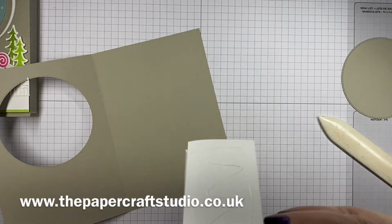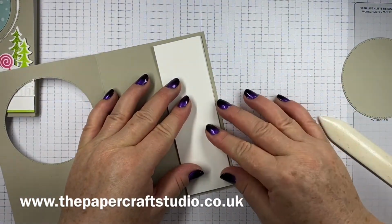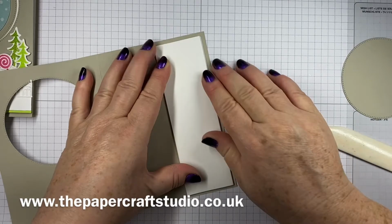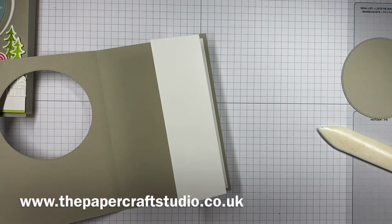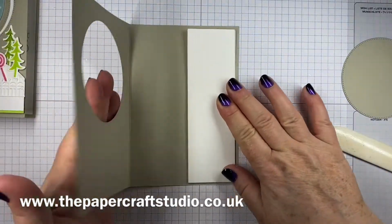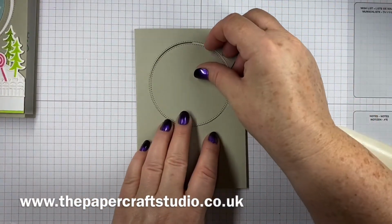And you can either do this with it folded up, or you can open it back out. Just slide it into place there, and just move it out slightly at the bottom. That's it, pin that down. Okay, so that's how your mechanism is going to work, like that. So have it folded up, fold the card closed, and you'll see then this will just drop back in perfectly